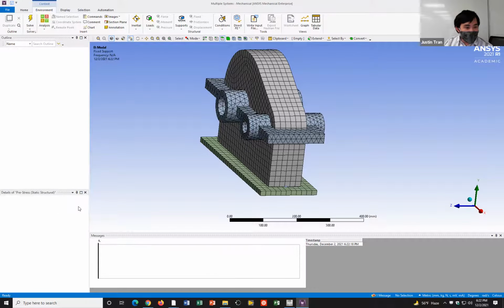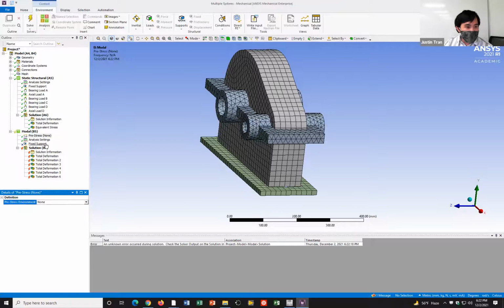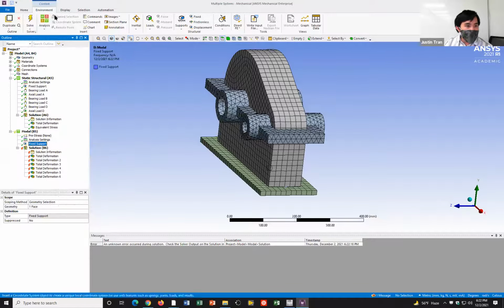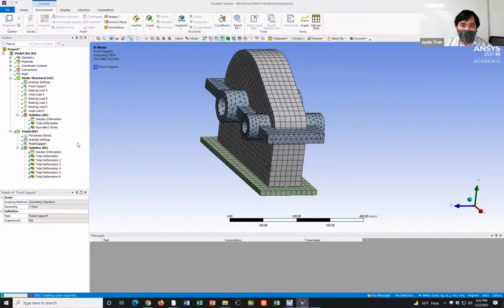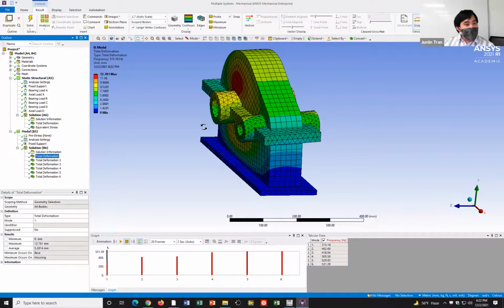I'm going to let you go in a second, but I do want to talk about one other thing before I let you work on the rest of the activity. All right, so these mode shapes.